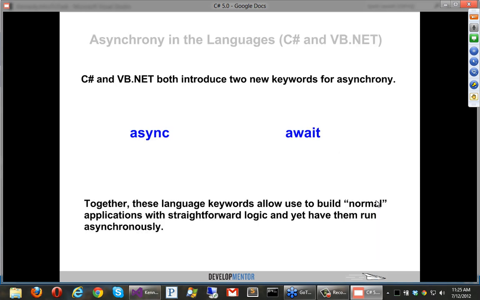Okay, so C#5 and VB both introduce these new keywords, async and await. And what they do is they let us build applications as if they were serial, right? As if they were just single-threaded applications, and then we put a few keywords in a couple of places and make them multi-threaded, but not change the way that we write our code, because it's really difficult for us to reason about program flow in asynchronous ways. Like when we created that task, and then when the program runs and it runs this book hotel, then it comes back and then it continues with this other delegate, which might call other delegates.